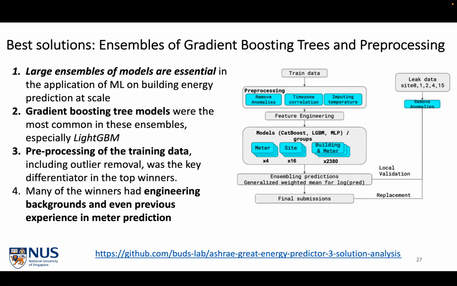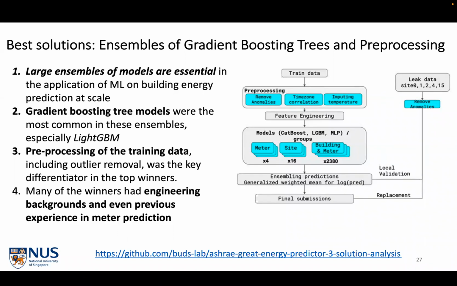So what happened is large ensembles of models actually proved most accurate in that sense. Gradient boosting trees, gradient boosting models, especially LightGBM, were the most accurate. These two things are well known, I think, in the data science community, that for tabular data and time series data, these two types of solutions are really useful. But I think in our community, people are diving straight into deep learning and not looking at these more simplified solutions. Pre-processing the data was really important. If you're training your models using anomalous behavior in certain buildings, you're going to bias that solution towards that anomalous behavior and make it less accurate in a generalizable way.